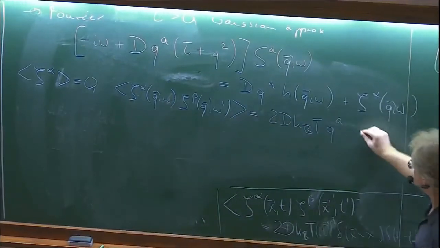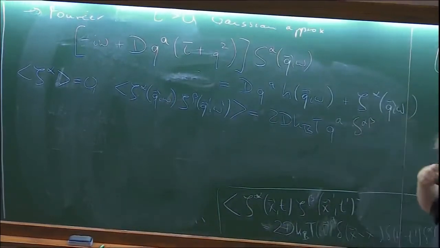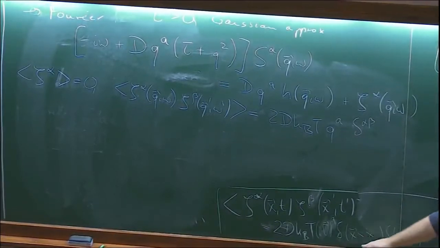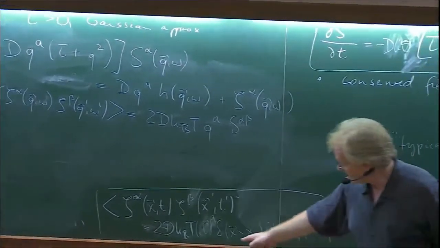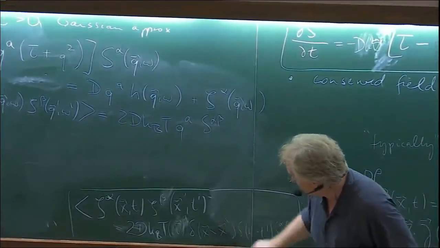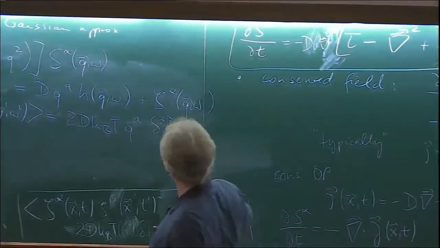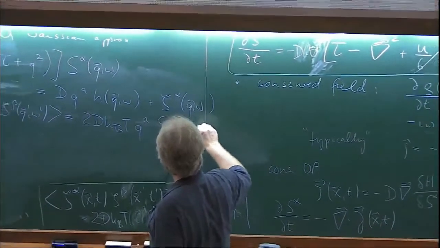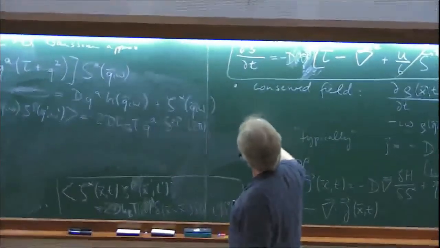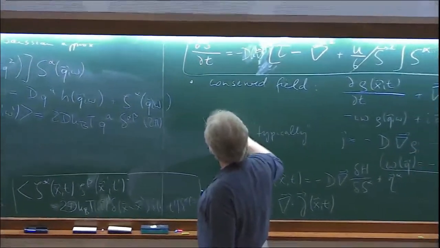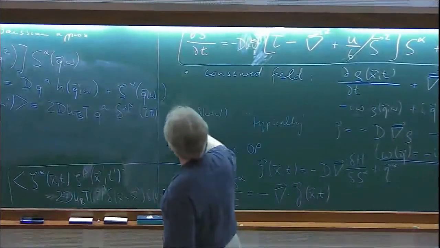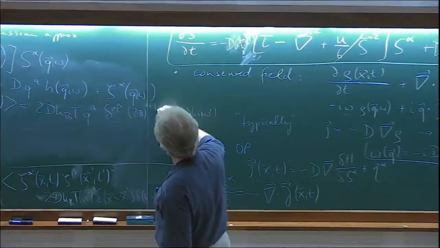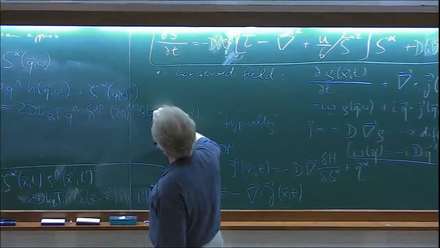And of course there's a delta alpha beta. This is diagonal in the components of the order parameter in the disordered phase. And then I need to Fourier transform these delta functions. So we get spatial and time translation invariance, and that translates into factors of 2 pi for time, delta omega plus omega prime, in the conventions I was using. And in space, the 2 pi to the d delta q plus q prime.